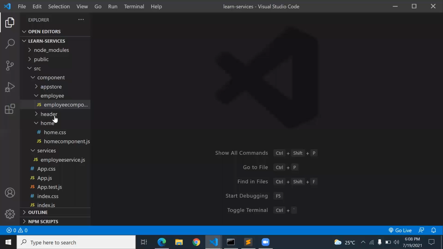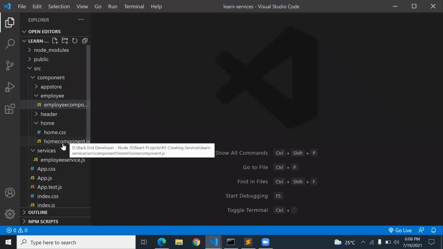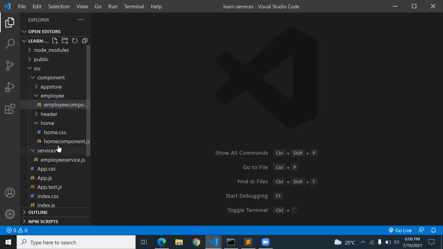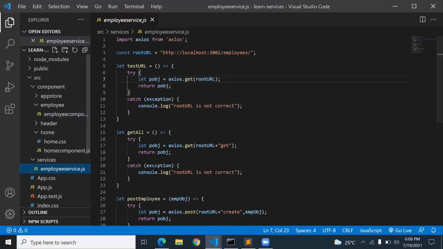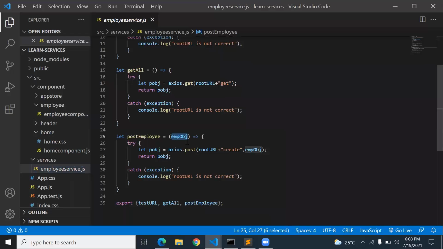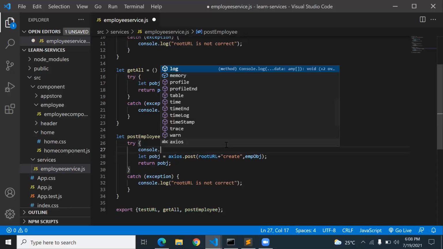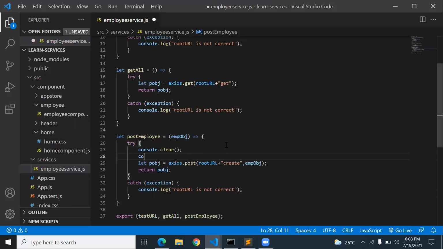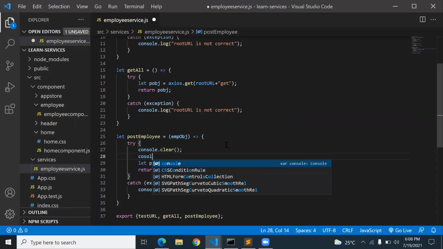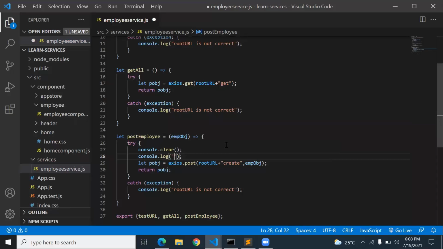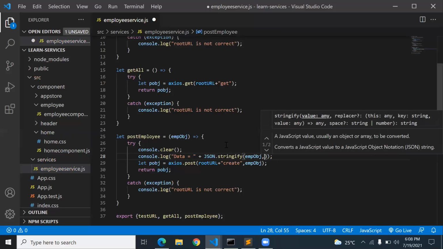So before submitting the request, I want to show the user in the console message what data I'm sending. So in the employee services, I receive the data in the form of an employee object. So before this post request, I just print console.clear and then I write console.log data is equal to plus JSON.stringify empObject.